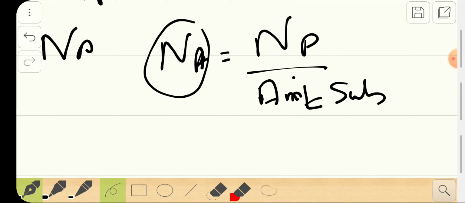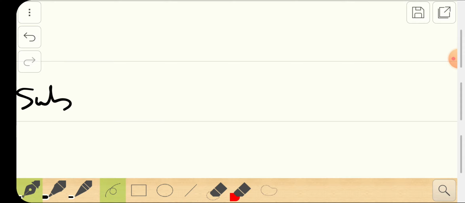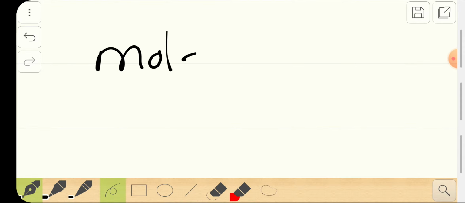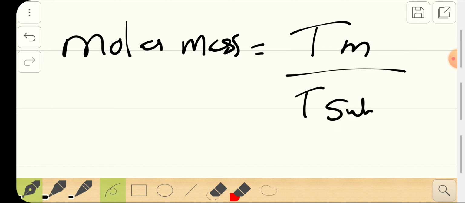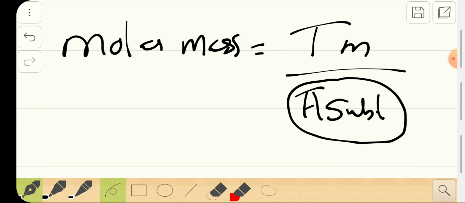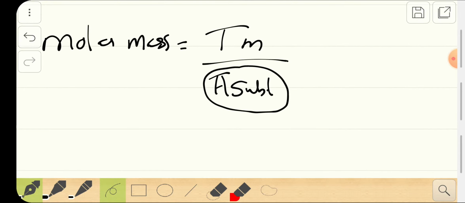Now with that also in place, let's find out something called molar mass. So molar mass is equal to the total mass divided by the total amount of substance. This amount of substance is called mole, right? The amount of substance inside one particle is called a mole. There is clarification, I guess. The amount of substance in one single unit is called 1 mole. This is the total amount of substance. If you divide that, you get,